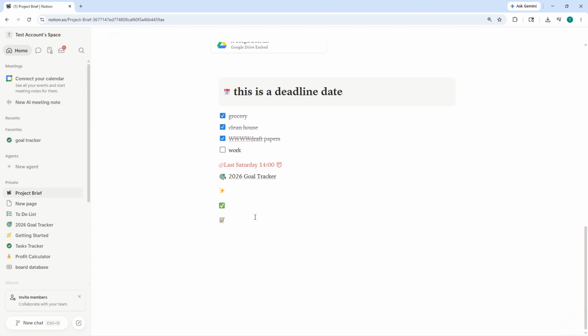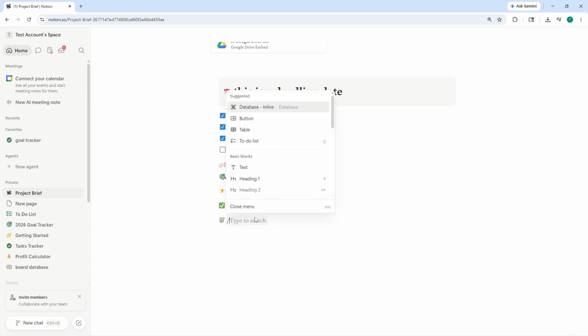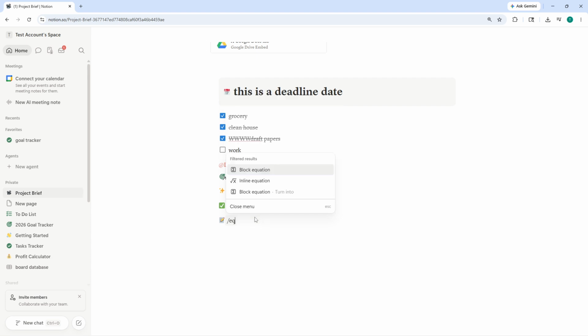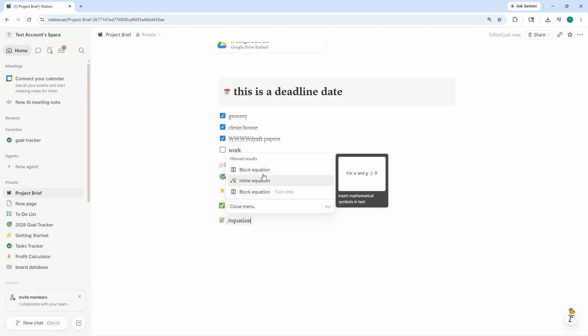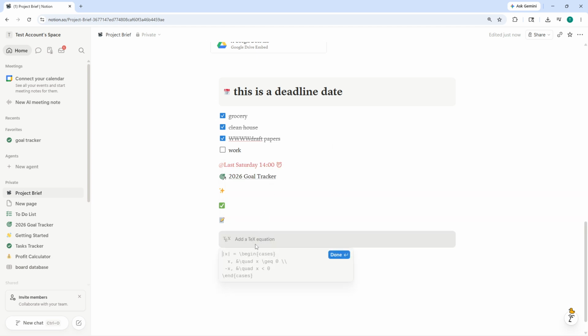Now, type the / command by entering /equation. Notion uses the slash to bring up quick actions. As you type, you'll see a drop-down menu appear. From that menu, choose the option labeled Equation. This inserts a dedicated equation block at your cursor so your formula can stand on its own line and be